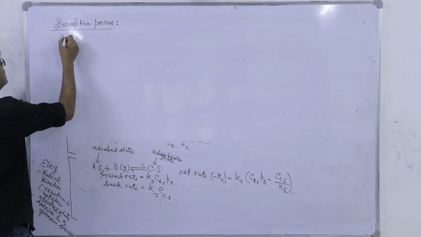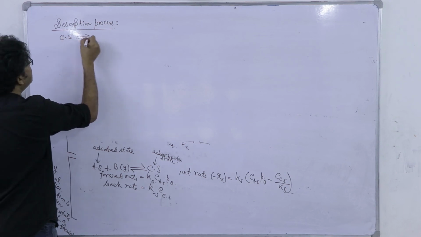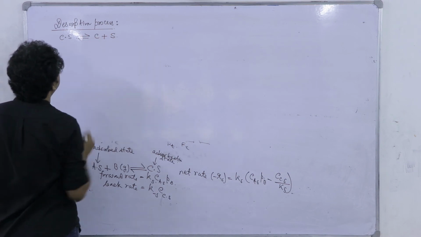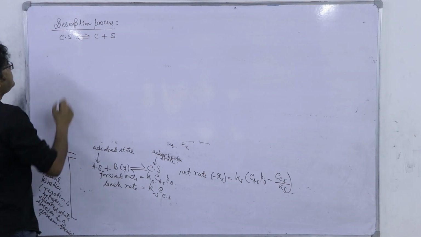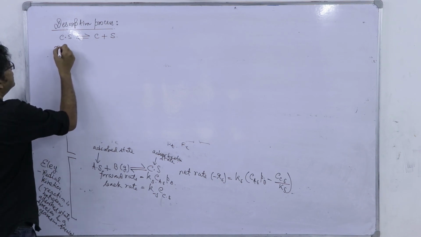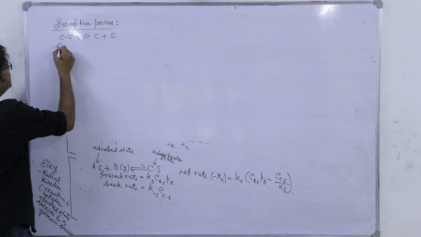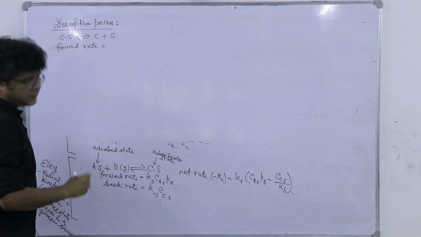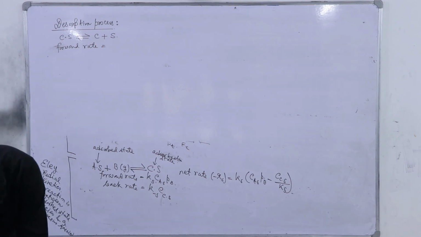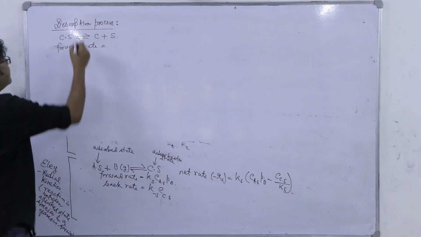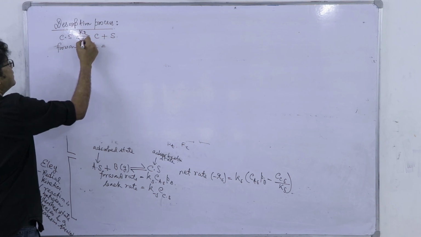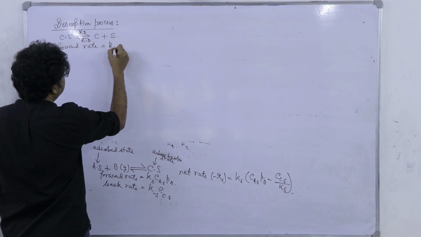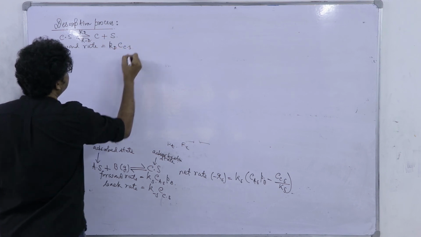Here C·S is giving C plus S. So, forward rate, I have used Kd, and this is K minus d. Forward rate is Kd into C of C·S,